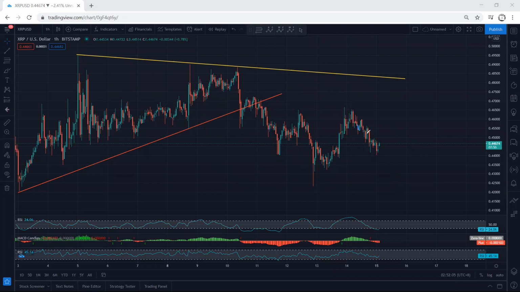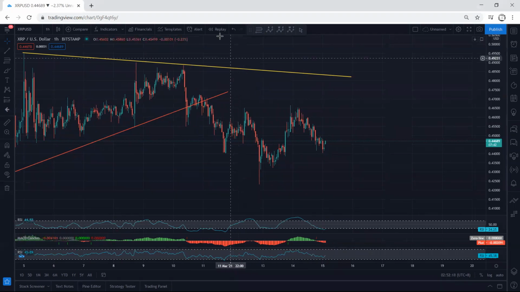As we can see, the price dropped a bit more. Now we think we can go with this option. That means this one can continue and break this low. Anyway, with any of the options, if we go with the second option and this one continues and breaks this low, then for sure from there